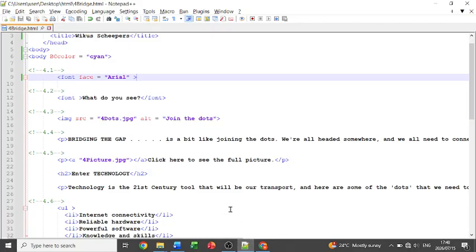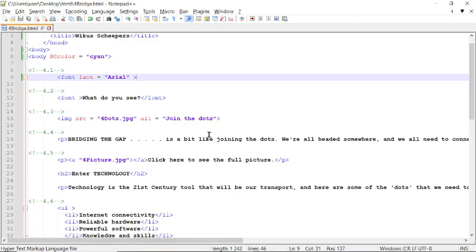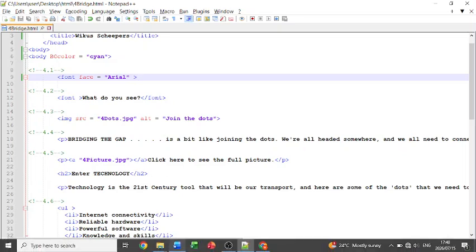Now, the next parts are quite similar to each other, and this is where we are going to make different parts of our document stand out a bit more. So in this case, we are going to use where it says enter technology. You can already see that there is an open bracket, H2, then another bracket, enter technology, and then a closing tag for it.